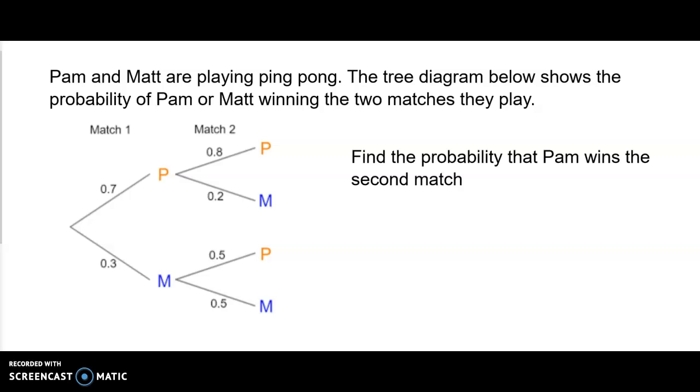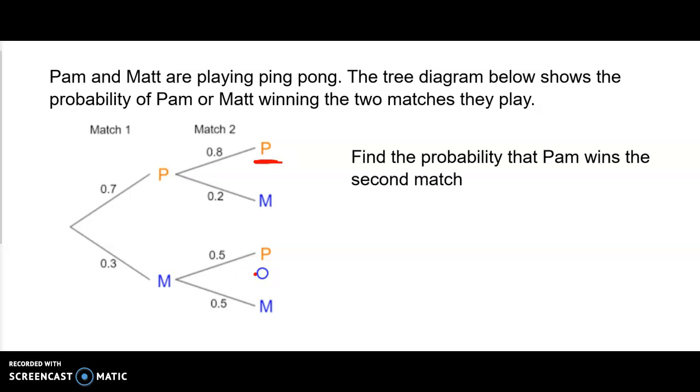So it says that Pam and Matt are playing ping pong. The tree diagram below shows the probability of Pam or Matt winning the two matches, and we want to find the probability that Pam wins the second match. When we're doing this probability, when it's just saying, okay, the second match, there are two ways that Pam